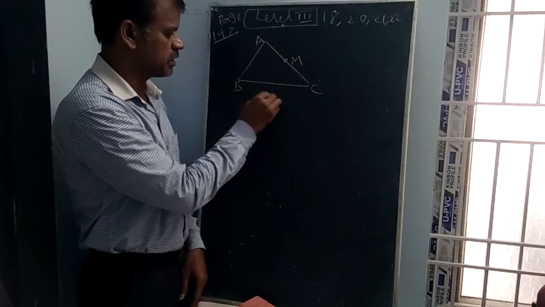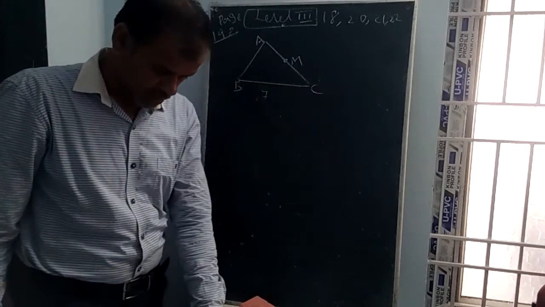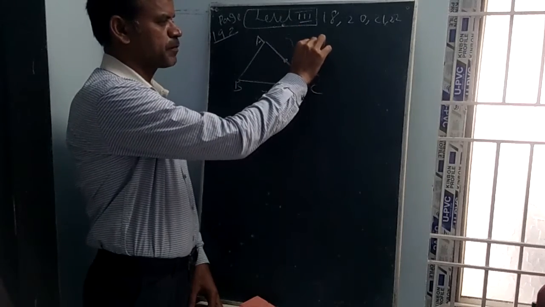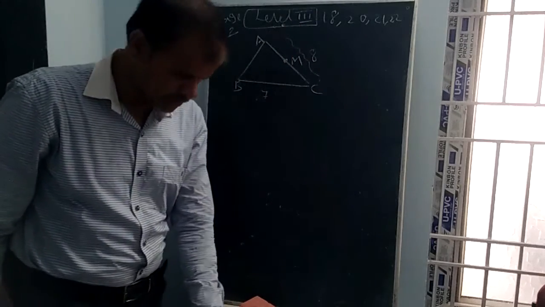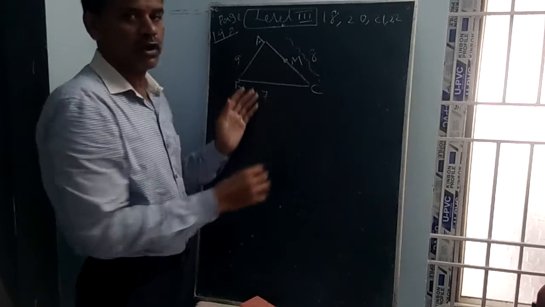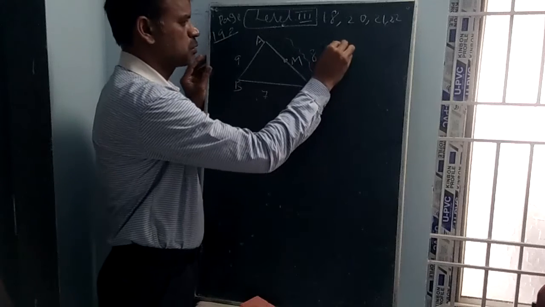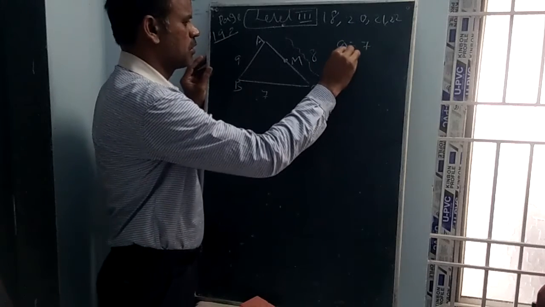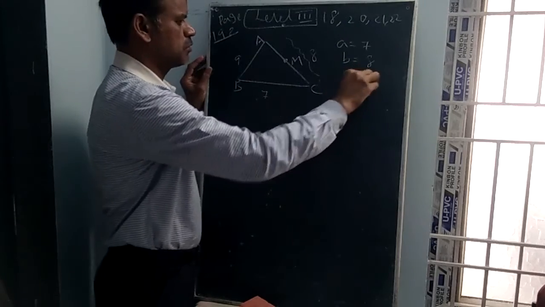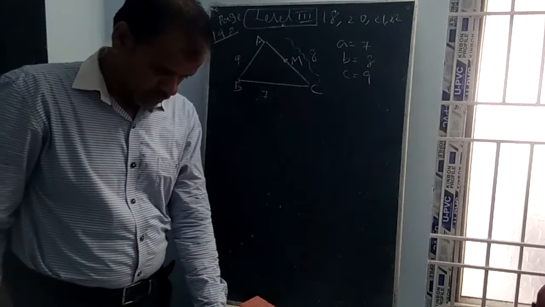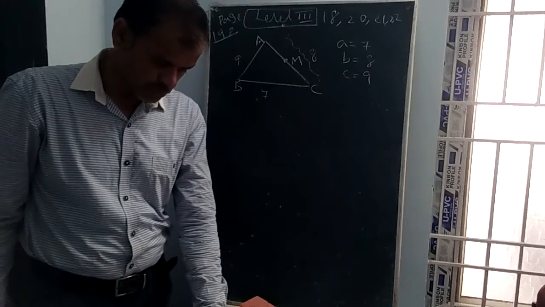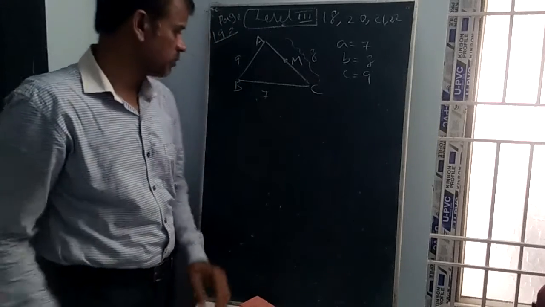BC is opposite A, so it is small a. And CA is equal to 8, CA, this one, 8 is given. And AB is equal to 9. So each and every value is given. I will write the value opposite to capital A as small a. Small a is equal to 7, small b is equal to 8 and small c is equal to 9. And a lamp post situated at the midpoint M of the side AC. The lamp post subtends an angle of 15 degrees at the point B.